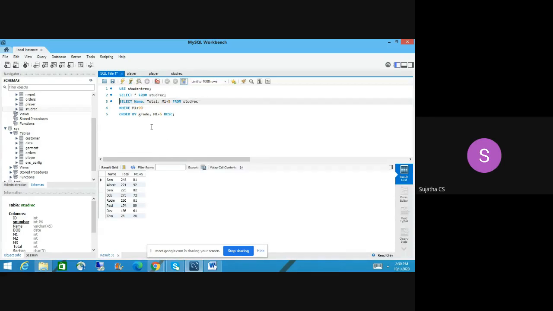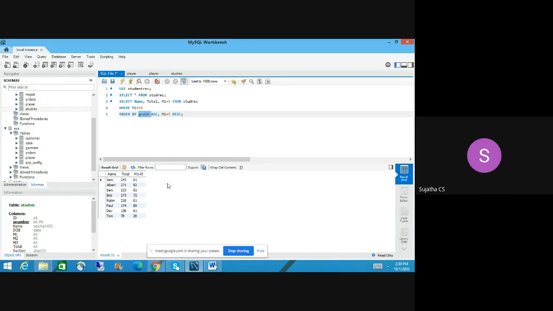No, it is not working, right? Why is it not working? Any typo? Everything is fine. Okay, let me try here. Yes, ascending order works. Okay, I got it. Why? We haven't used grade here.